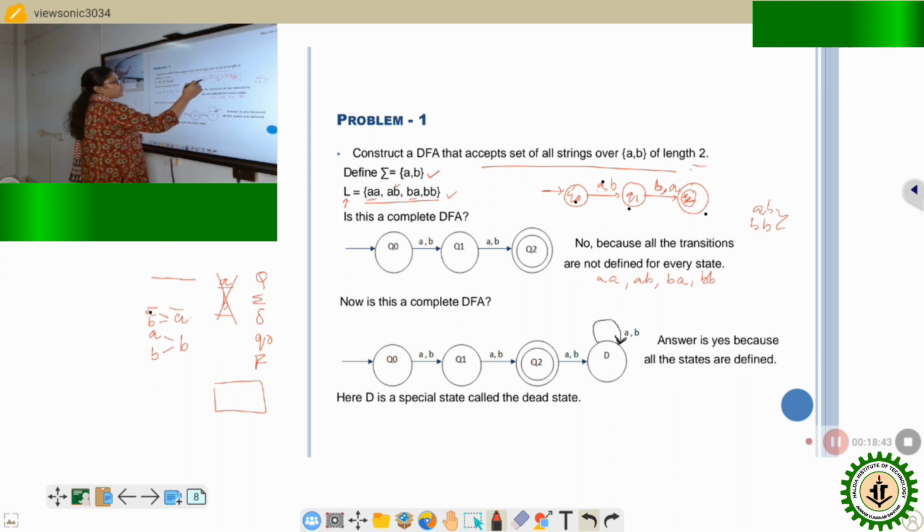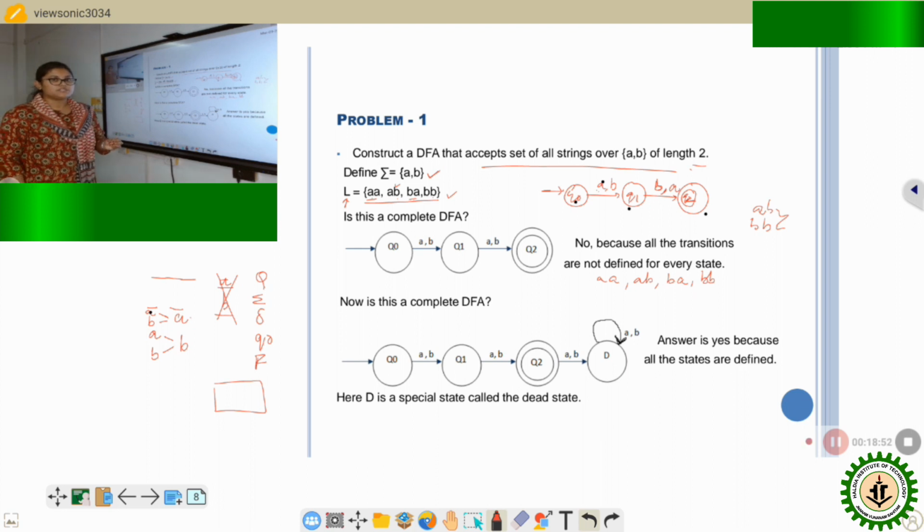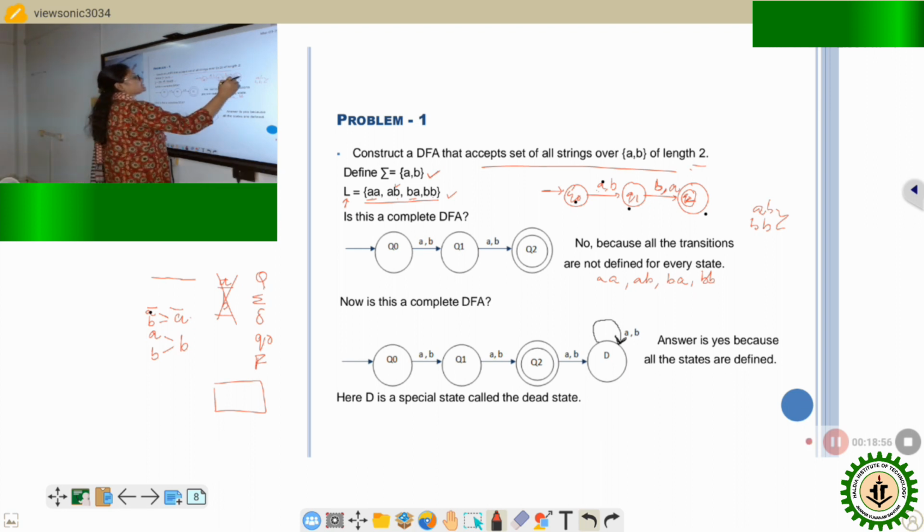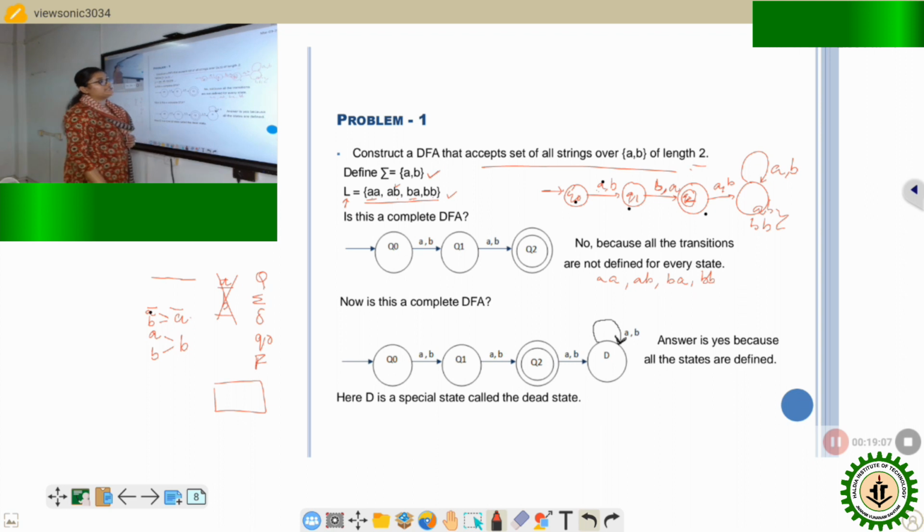Because for Q0 I have defined for A and B, for Q1 I have defined for A and B, but for Q2 I haven't defined where to go if an A comes or if a B comes. In that case, I have to add an extra state, and I have to specify that if any other symbol comes, it will move again to an intermediate state, that is Q3,